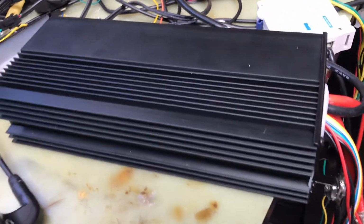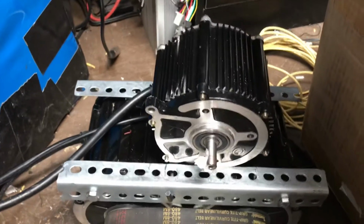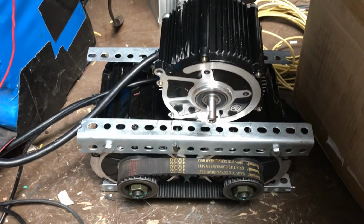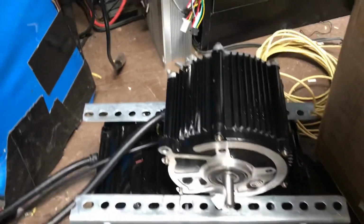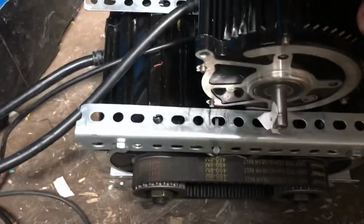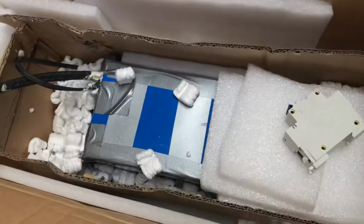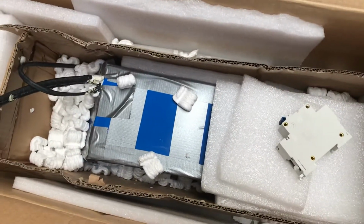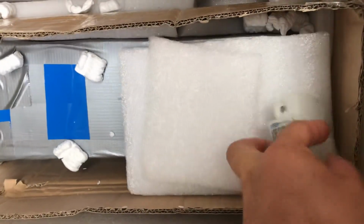So I'm testing this controller with a similar motor, which is also IPM, but a smaller version of it. So I fixed it on these other two motors that I've been using for testing, for creating the load on the controller. It's not moving, so that's good. Also having a customer's battery that I've been fixing some issues with. And also I threw in an e-bike